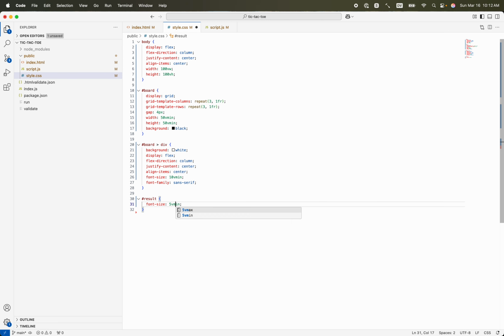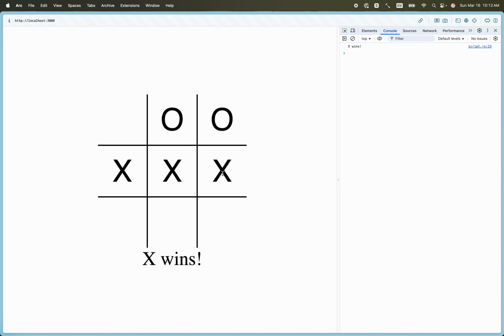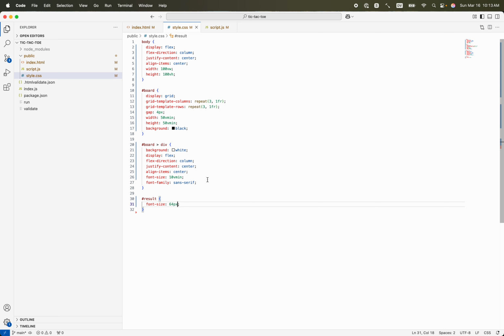Or I could just go with 64px. Doesn't really matter. Okay, that seems fine. Obviously, this could be made more attractive in many ways, but that's not really the point of this exercise. Though I do realize we missed one